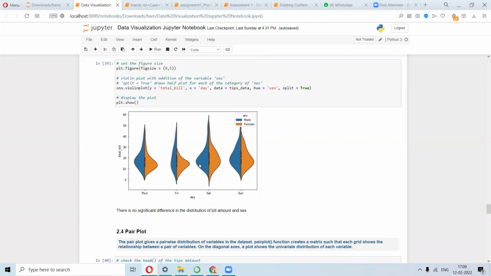Maybe there is some issue with family presence, or maybe as a couple they went out, so they have something to maintain, how much they tip or something like that.